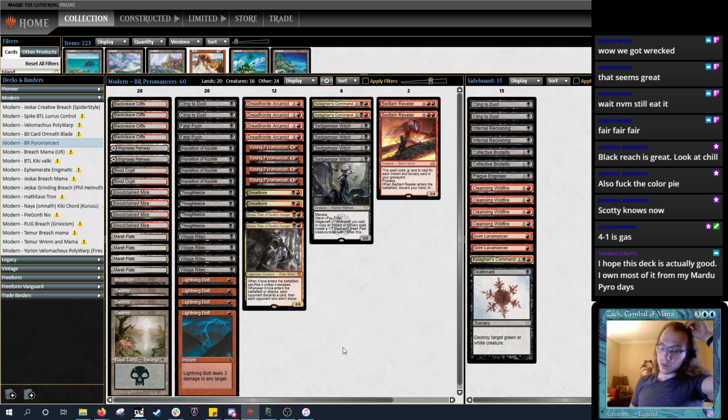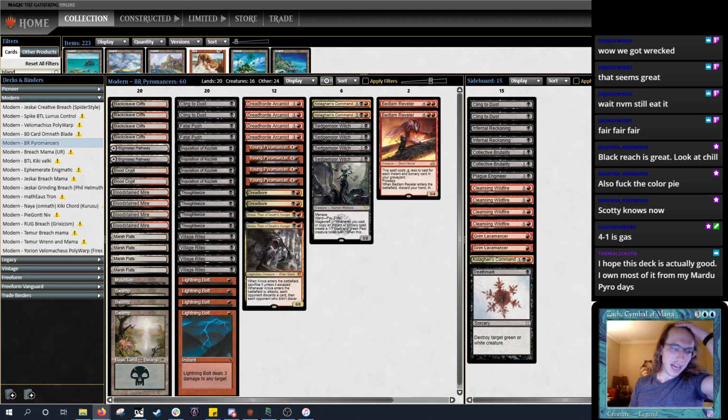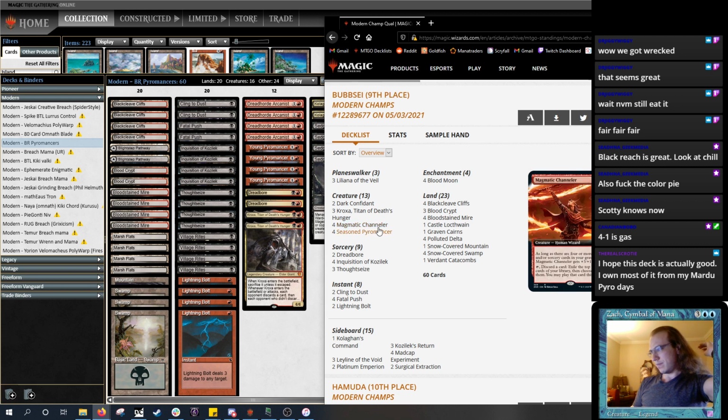So the real Scrody, I would recommend you check out Black Red Midrange from the most recent PTQ. So let's take a look at that in comparison and see what that looks like and my feelings on that. Because, as I said before, a lack of Blood Moon here makes me a little nervous. And obviously the Cleansing Wildfire in the sideboard did quite well for us. So we've got Liliana, Dark Confidant, Kroxa, Magmatic Channeler, and Seasoned Pyromancer. So these cards